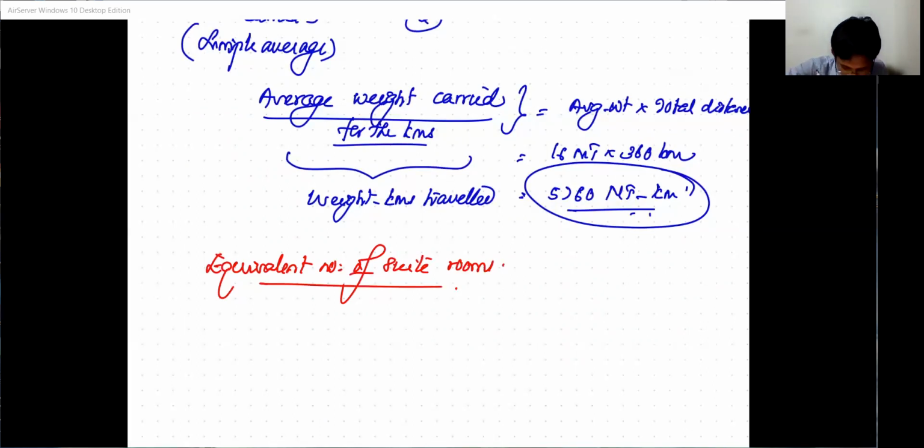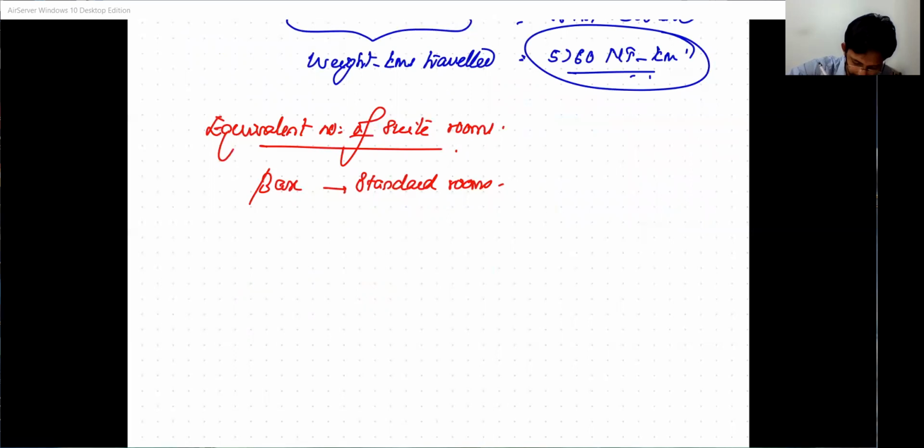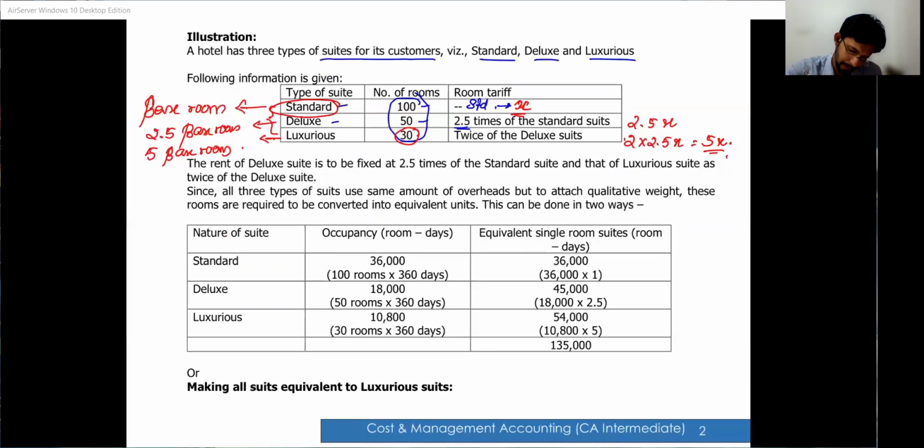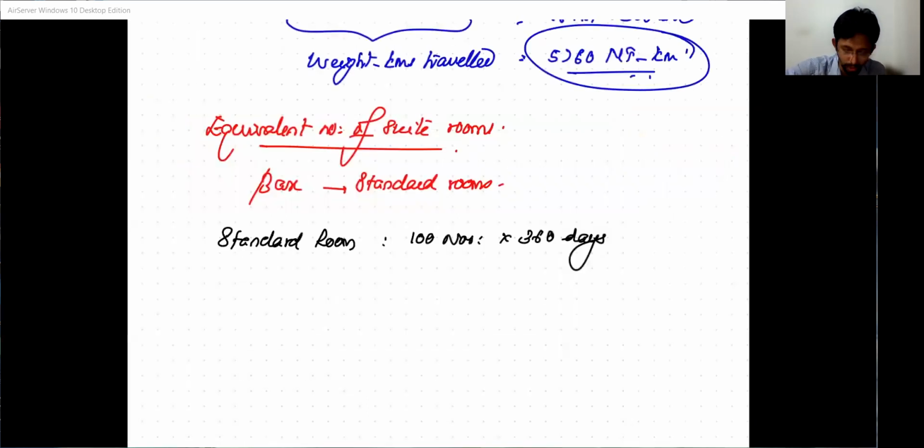If you take the base as the standard rooms, you have standard room, you have 100 numbers, and this is available for 360 days. Is it given to be 360? No, you can take it as 360 or 365 depending upon your assumptions. So I'm taking 360 here. So this will be equivalent to 36,000